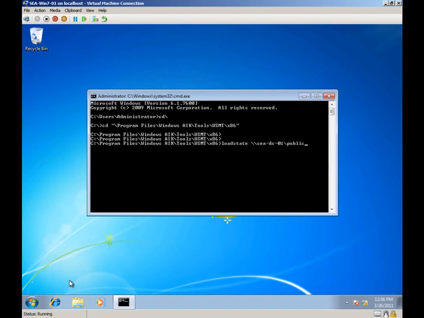So it's from public/user state. And then I want to include my MigApp.xml, and also I want to include my MigUser.xml. And one of the other things I can do here is if there are users in that migration file that I don't want to be brought over and migrated into this machine, I can either include them or exclude them. So in this case, what I'm going to do is a /UI, which is